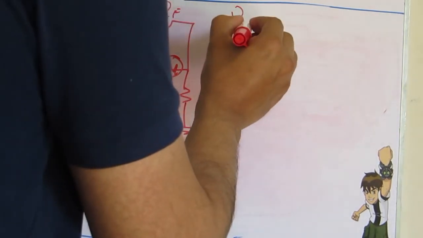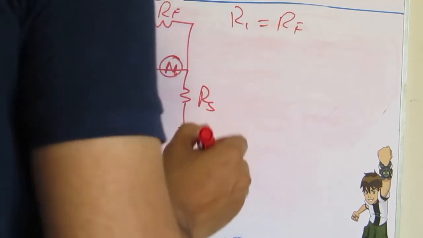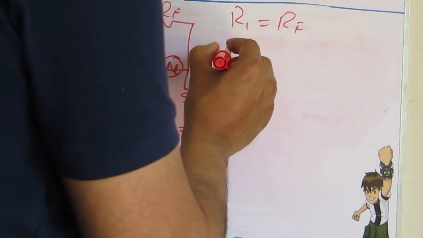You can usually get R1 equal to RF, but we will always tend to get